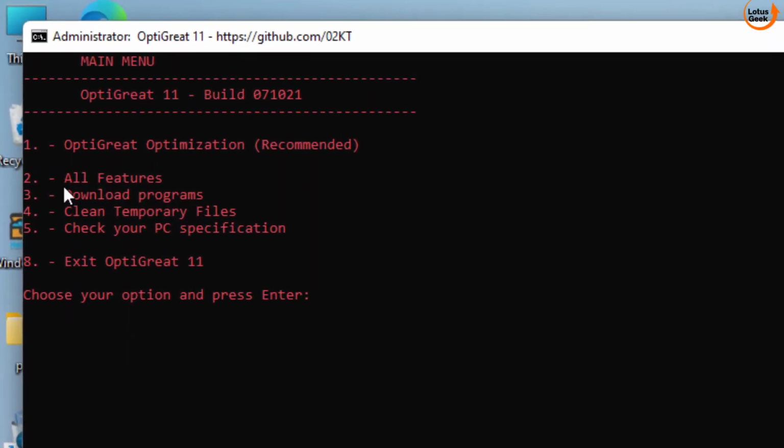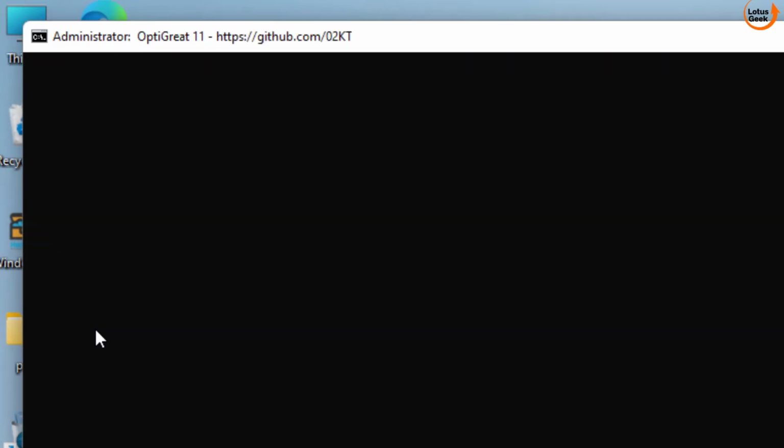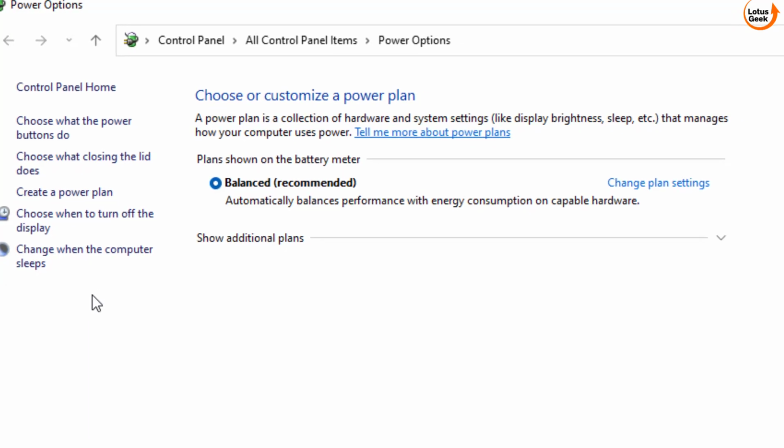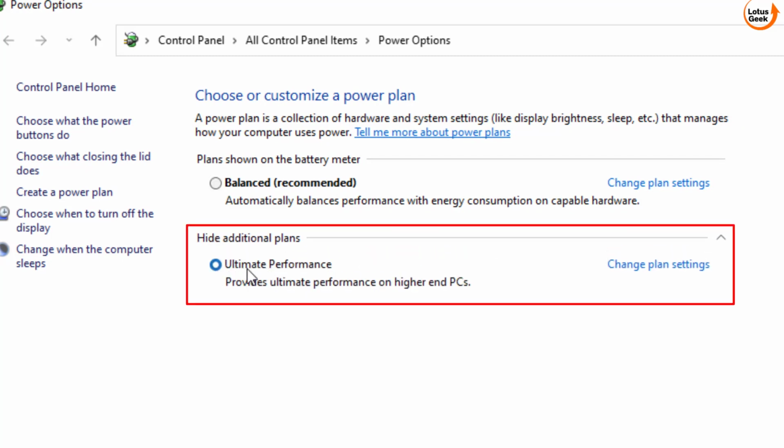Now here you need to choose the second option, which is all the features. Now here are all the features available. The very first option that you need to choose is to enable the ultimate performance power plan by typing the key 1 and then hit the enter key. Click on show additional plans and here is the ultimate power option available in front of you. Once chosen,